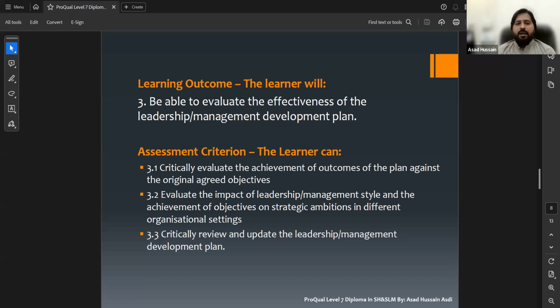So in 3.2, evaluate the impact of leadership management style and the achievement of objectives on strategic ambitions in different organizational settings.